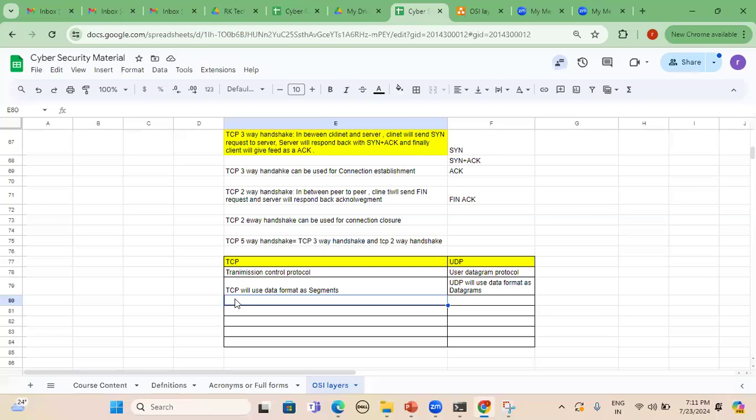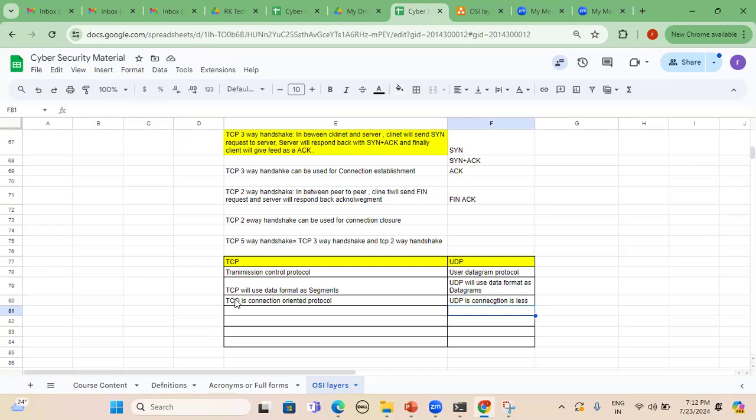Third one: TCP is a connection-oriented protocol and also a reliable protocol. On the other hand, UDP is a connectionless protocol and it will not provide any reliability. You may ask, without a connection, how will the communication be established between the end user and the server or website?